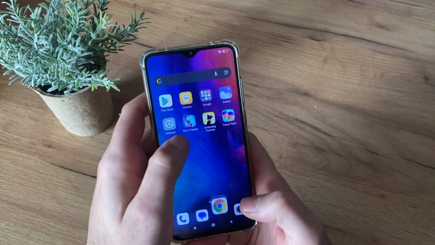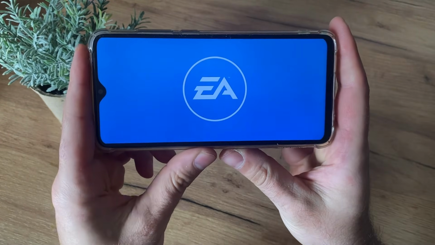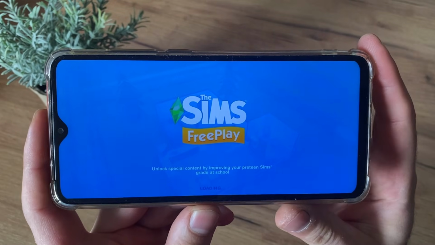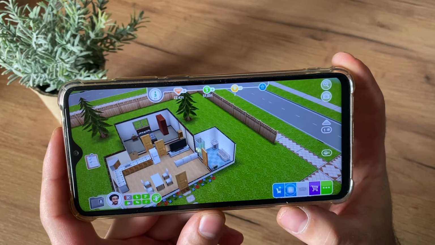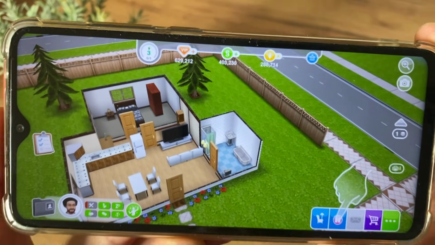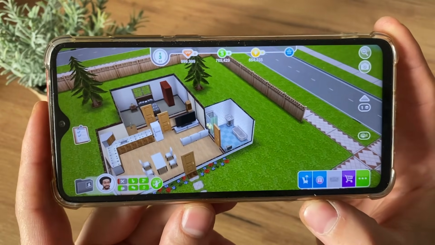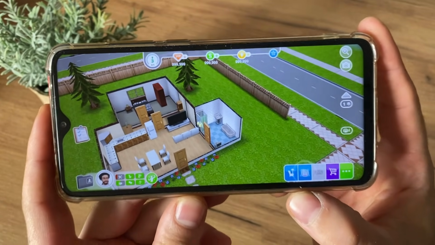I'm so excited to test this, so let me open the game and let's see, does it actually work? So let's see guys. Oh my god guys, look at my WIP Simoleons and LP. This hack is working